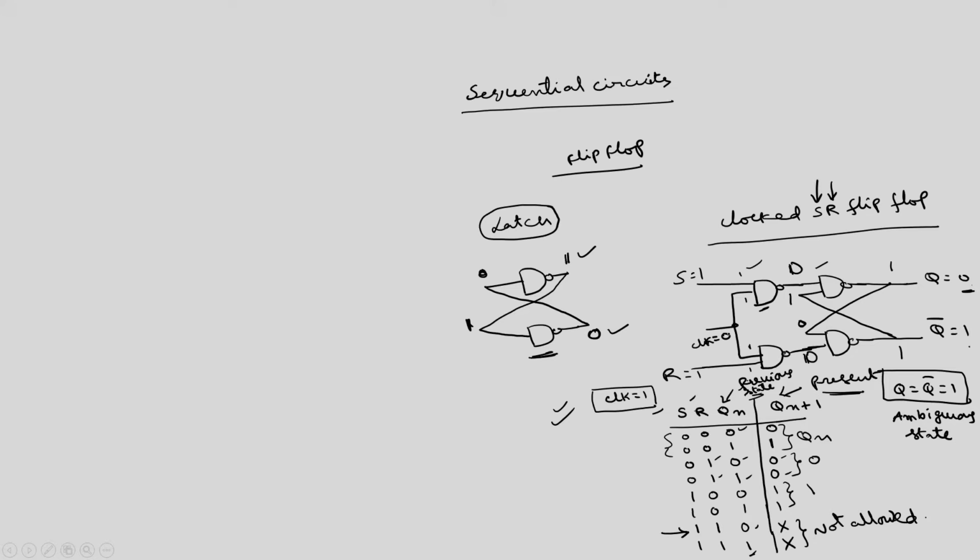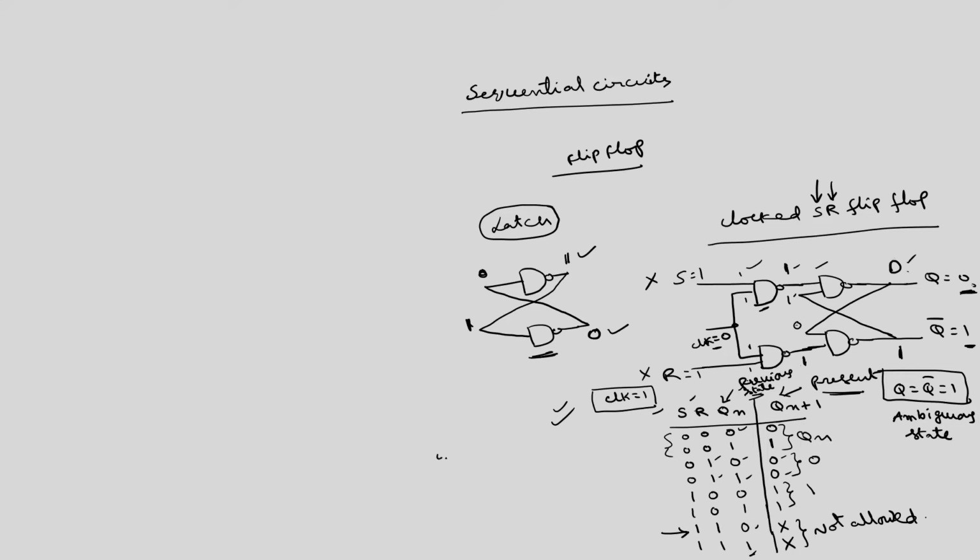So, we know that if one input is 0 for the NAND gate, regardless of the other inputs, the output becomes 1. So, this is 1 1, this is independent of S and R. Whatever S and R are, if clock is 0, then the output of these two NAND gates will be 1. And if I assume that the previous state is 0, then this is 0, this is 1. So, this 0 is tied here, this 1 is tied here. So, for 1 1 the output becomes 0, and for 0 1 it becomes 1. So, it remains in the same state. Similarly, if I assume that the previous state is 1, it will remain 1 only.